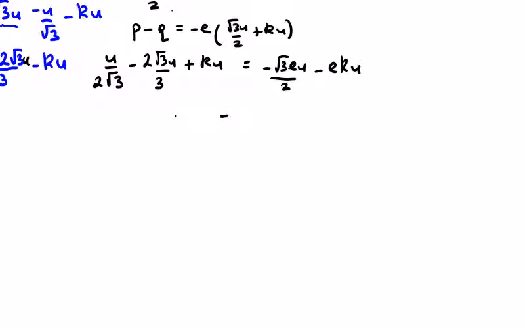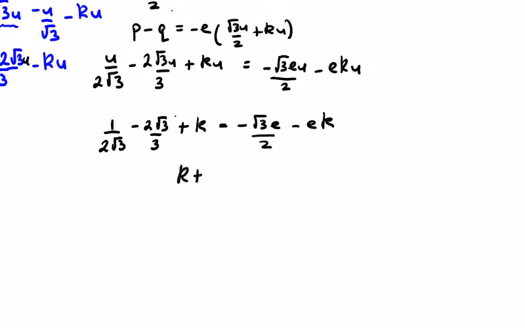I'm going to divide by u first. So I'm going to get 1 over 2 root 3 minus 2 root 3 over 3 plus k is equal to minus root 3 e over 2 minus ek. So I'm going to get k plus ek on the left, which is going to be k times (1 plus e), equals the right hand side, which is going to become,